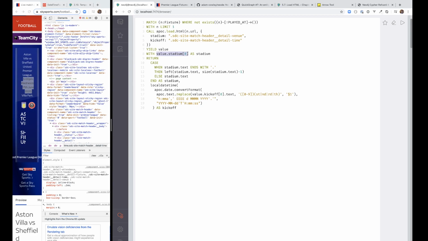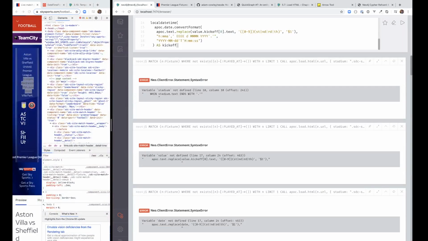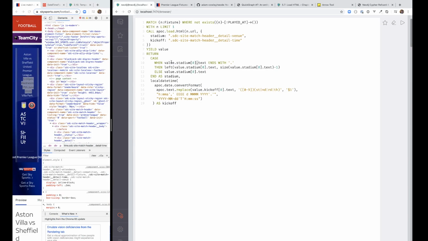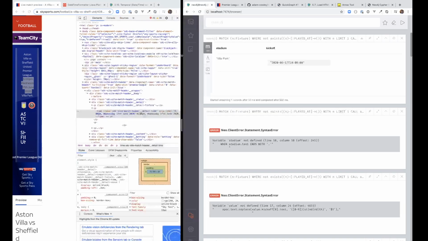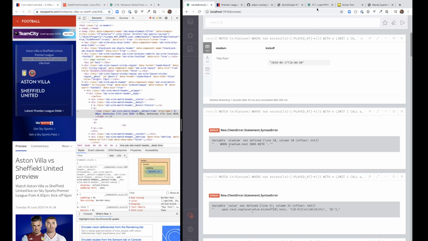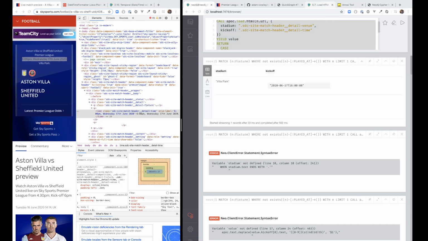So let's take that out. Perfect. So the stadium is Villa Park. The kickoff is 17th of the 6th, 2020 at 1800 hours. Perfect. So the next things that we need inside that query are the